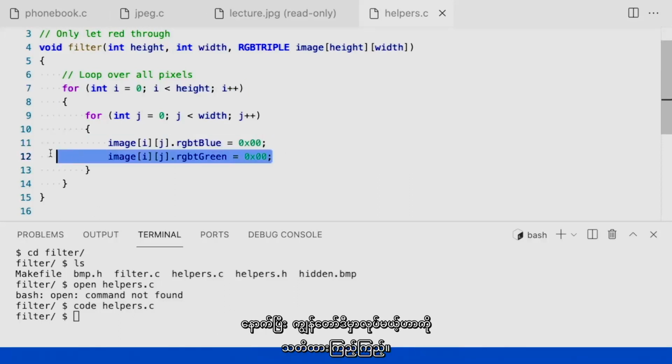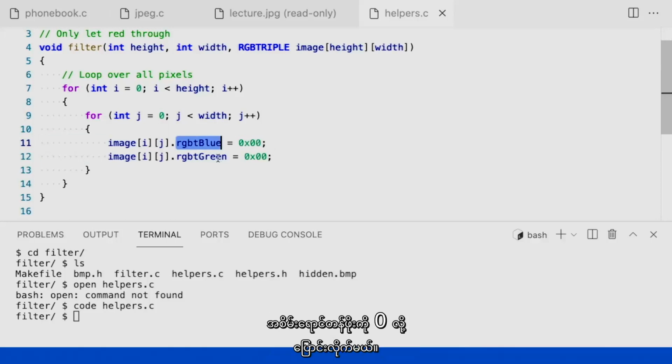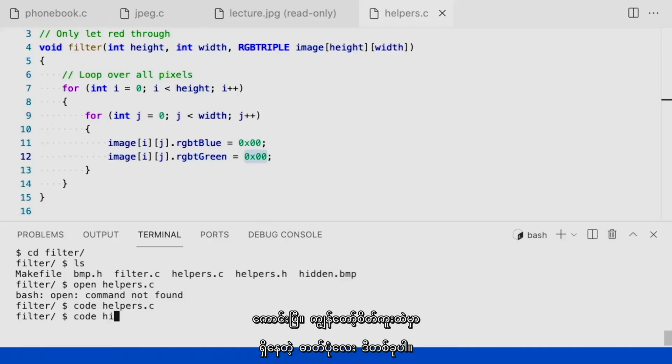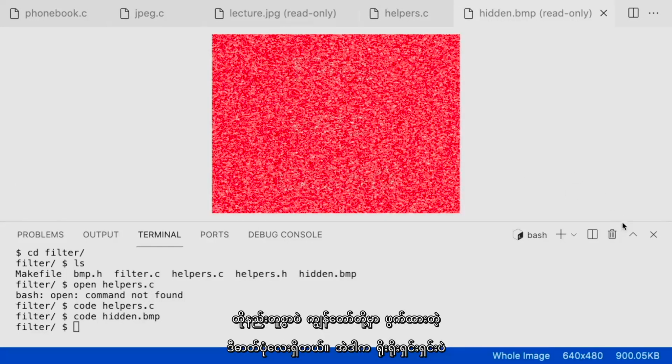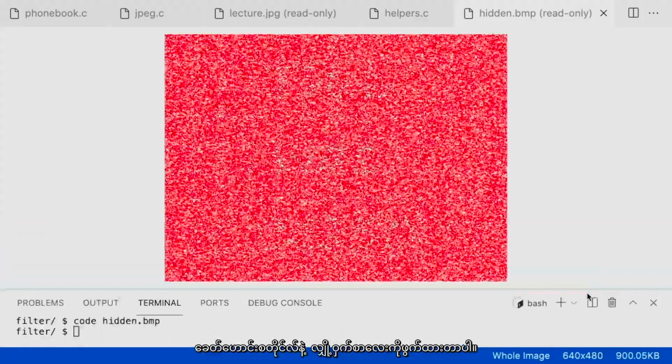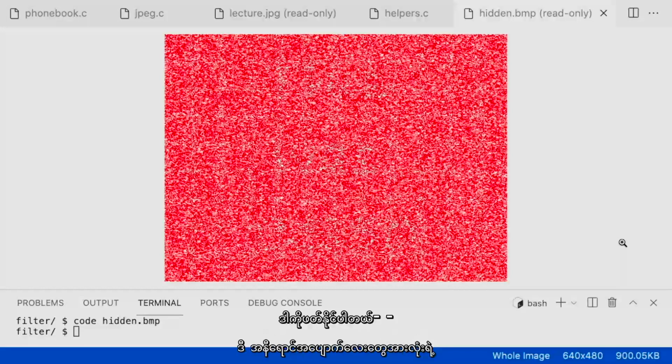And then notice what I'm going to do here. I'm going to change the blue value to be 0 in this case, and the green value to be 0 in this case. But why? Well, the image I have here in mind is this one, whereby we have this hidden image that has, in old school style, a secret message embedded in it. And if you don't happen to have in your dorm one of these secret decoder glasses that essentially make everything red, getting rid of the green in the world and the blue in the world, you can actually, I'm probably the only one who can read this right now,